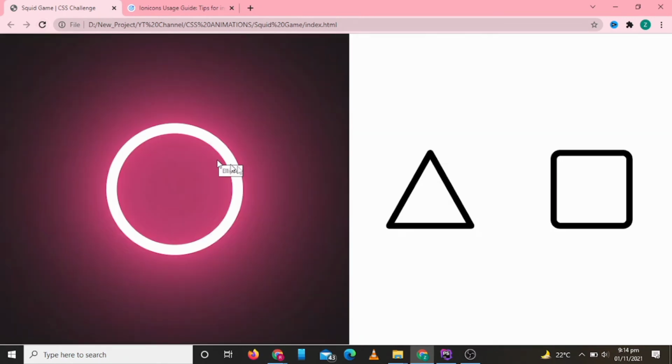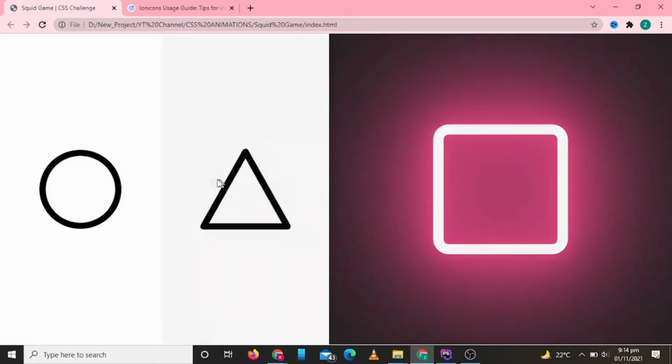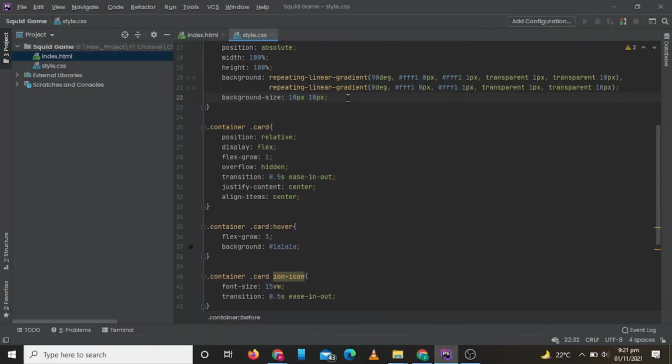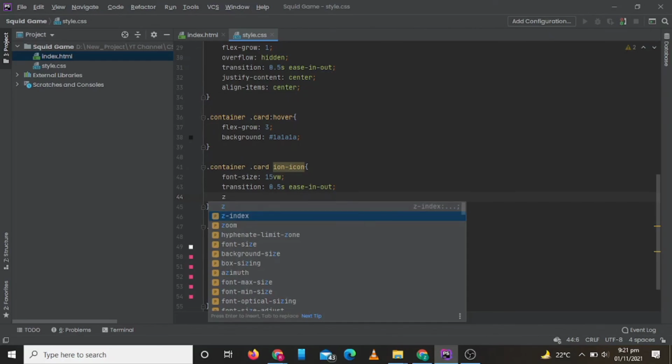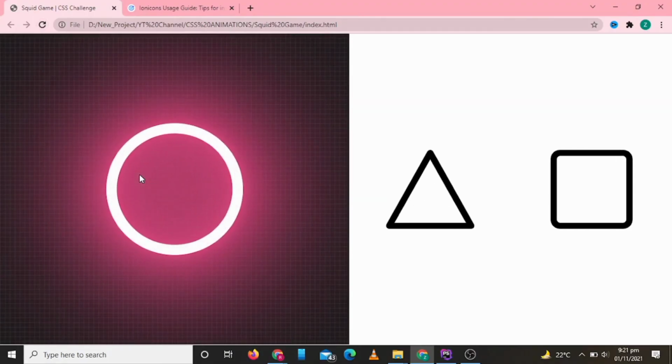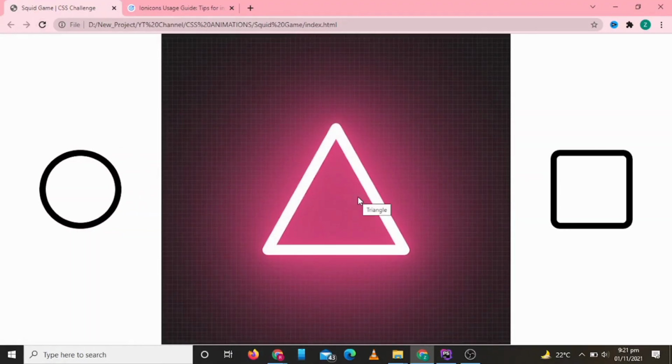So now you can see they are looking really good, but the blocks are not displaying correctly, so let's add z-index to display it. Now let's check. So you can see it is looking really good right now.